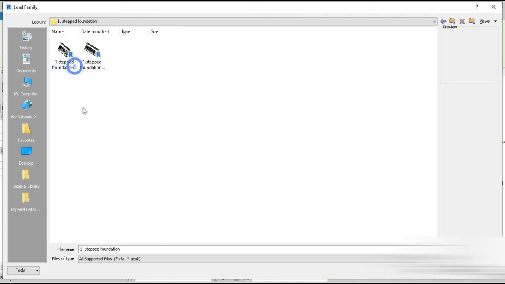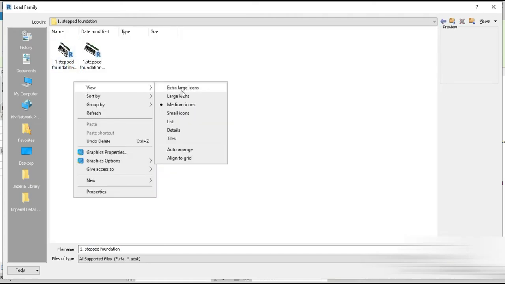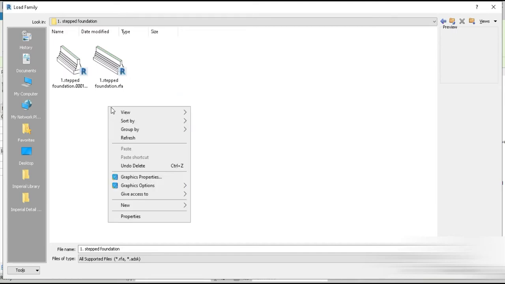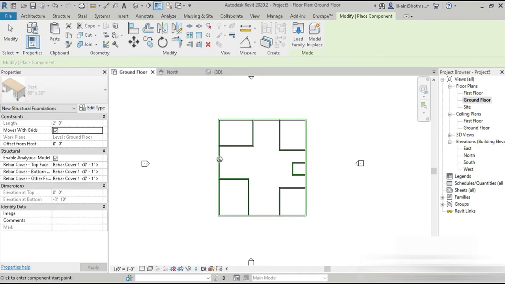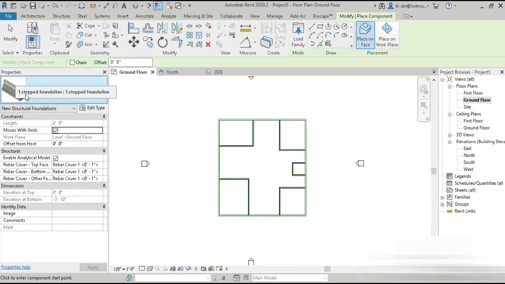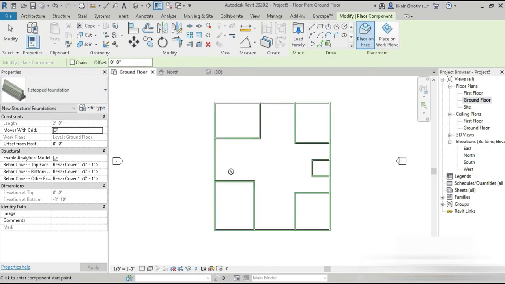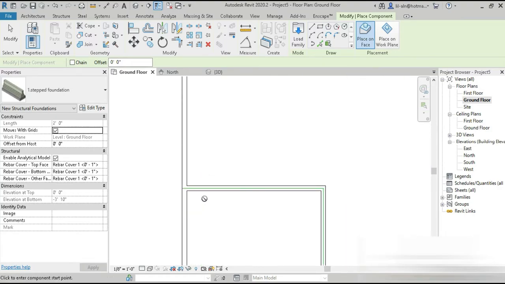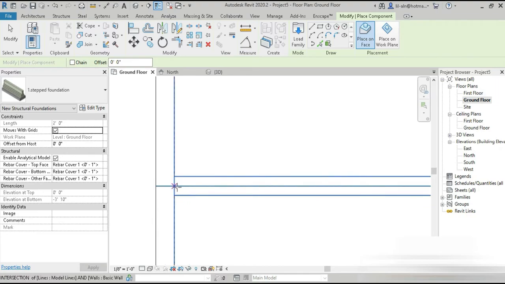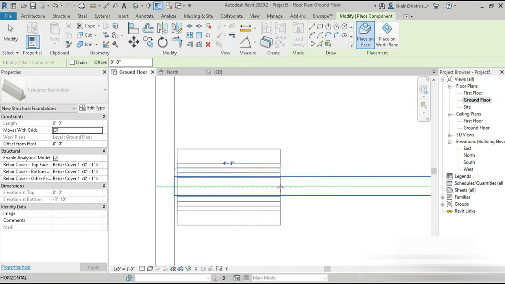Where are my files? So this is the first file. I hate these copies that Revit makes. So this is 001, this is the original one. Okay, so we have loaded that in. As you guys can see, we made this in our previous video, and now again, it's the same concept, isn't it? So let's start from here,